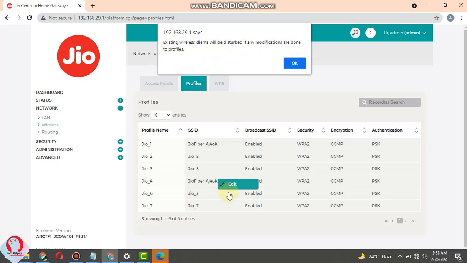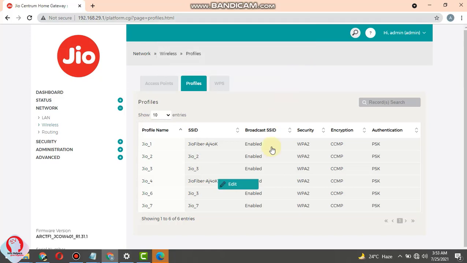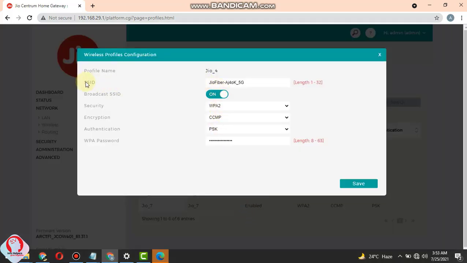Definitely, friends, because when you change the wireless names, the devices connected with these names will all be disconnected. So for now I will make sure no device is connected, and I am changing my wireless router name. Click OK, and here you will see the profile name and SSID name, and here you can also change the password of that wireless.